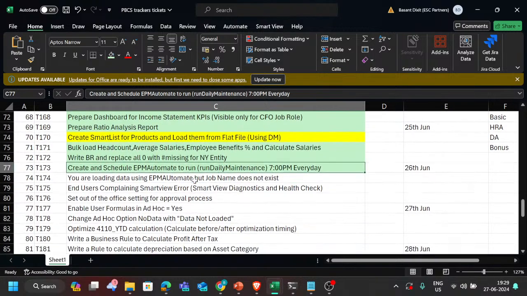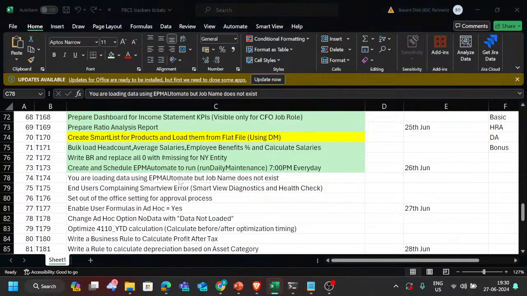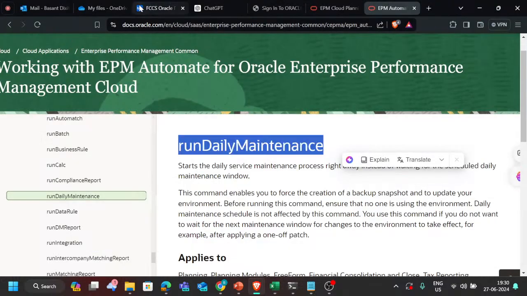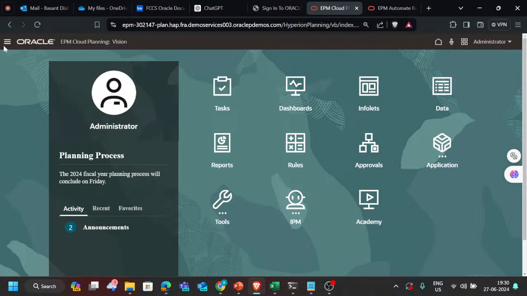Okay, and then we have the next ticket, that is: you are loading data using EPM Automate, but the job name does not exist. That is very simple. You just need to create a job. Okay, I will show you. We have created jobs many times, but